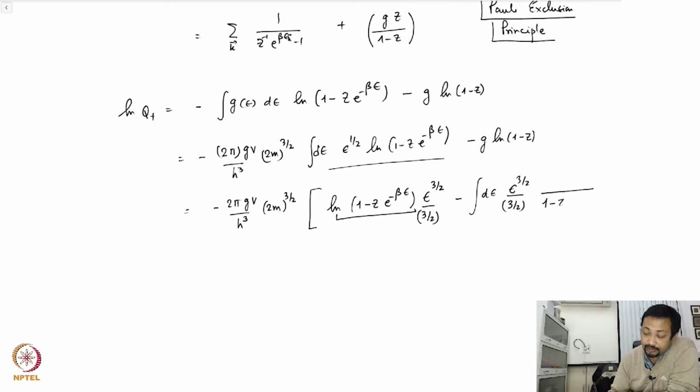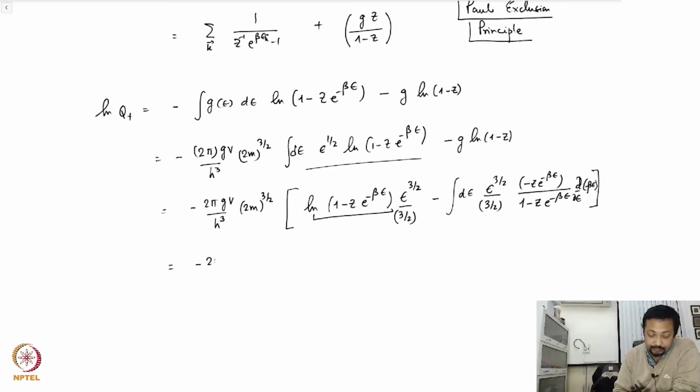So I have 1 minus z e to the power minus beta epsilon, minus z e to the power minus beta epsilon, and then the derivative d/d epsilon of minus beta epsilon. We close the bracket over here,